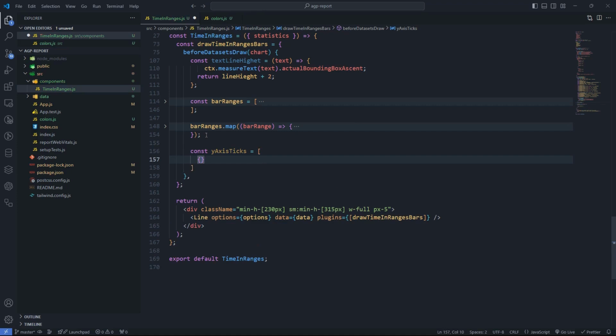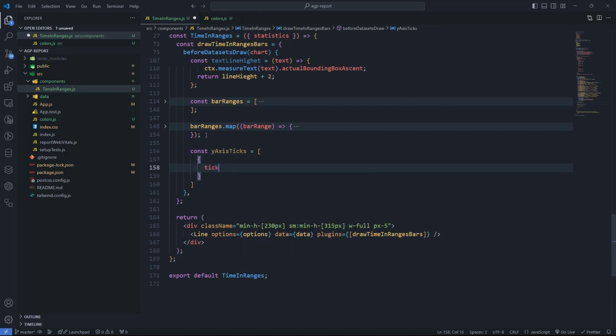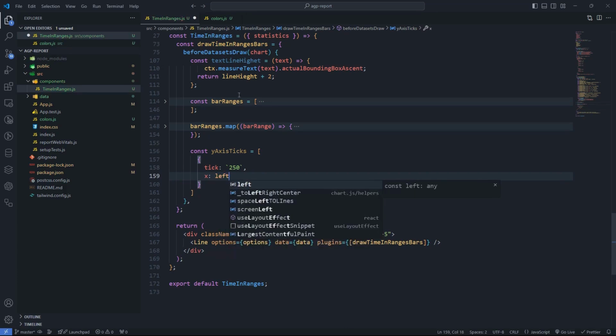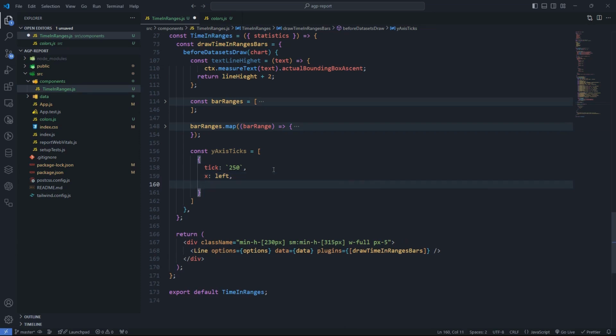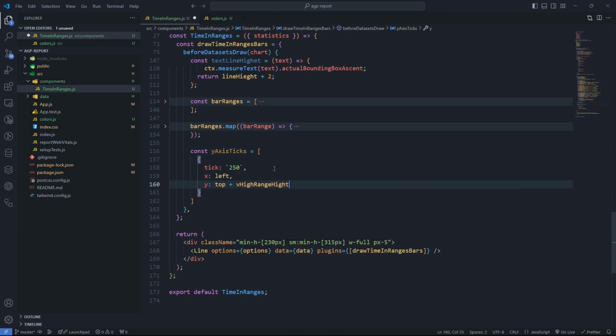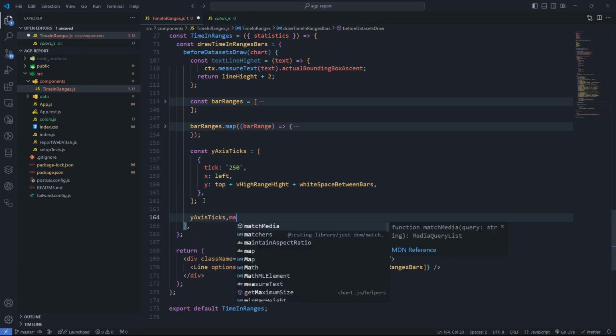Let's give an array. Then here the tick should be 250, the first tick, and the x coordination is going to be left, and the y coordination to be top plus very high range height plus the white space between bars. yAxisTicks.map